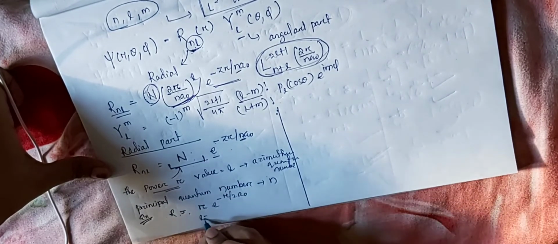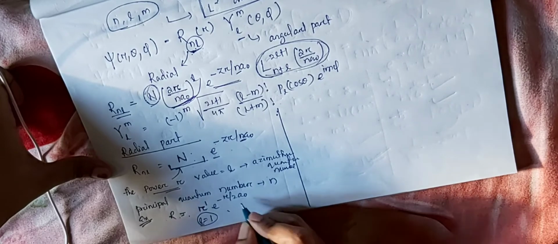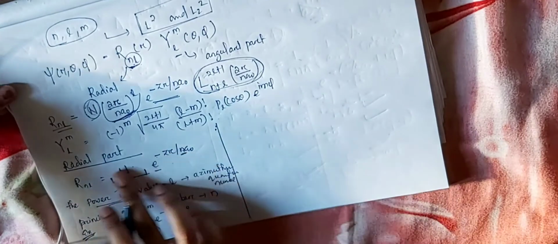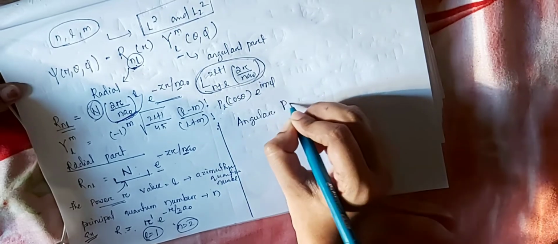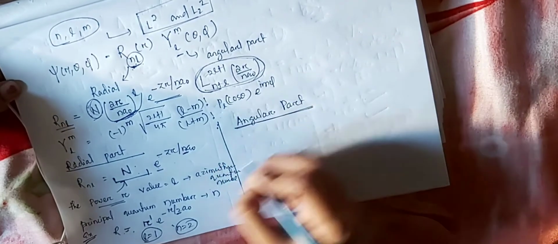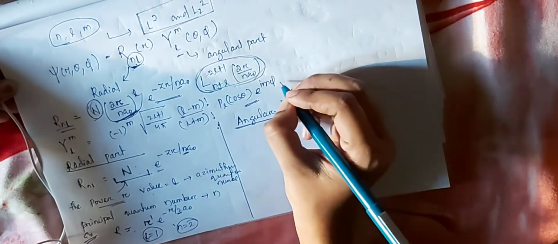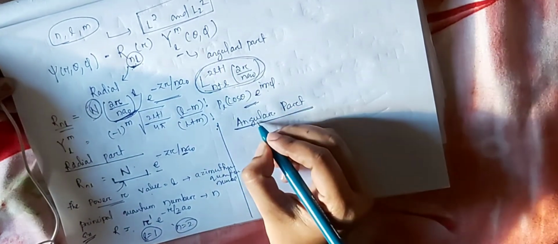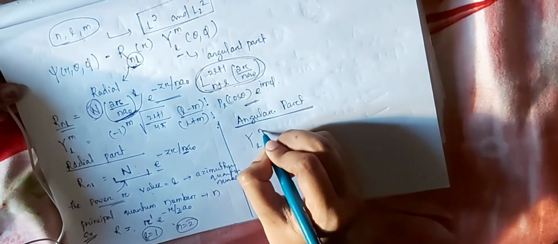So here the value of L will be equal to 1. The power of r is 1. So L is equal to 1 and n is equal to 2. Okay. So if there is no radial part, only if there is an angular part, from that angular part also I can find out the values of L and m, because I must need the angular part to find out the value of m. Okay, and from the radial part also I can determine the value of L. And if I have only the angular part, from the angular part also I can get the values of L and m.